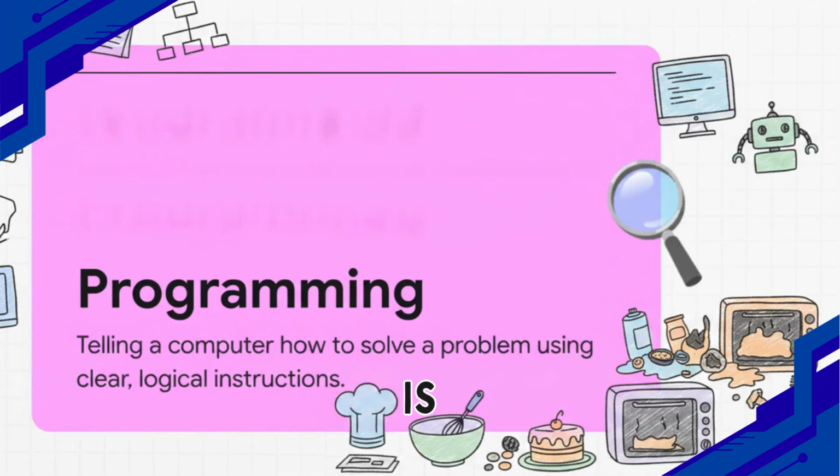The reality of it all is actually remarkably simple. Programming is essentially just algorithmic decomposition. Now, I know that sounds kind of fancy, but it really just means telling a computer how to solve a problem using clear, logical, and highly sequential instructions. Think of it kind of like a super strict, unforgiving recipe. If you've ever baked a cake, you know that if you complete every single step perfectly, you get a delicious result, right? But if you skip a step or put ingredients in the wrong order, you end up with a total mess. Well, computers operate with that exact same rigid obedience.